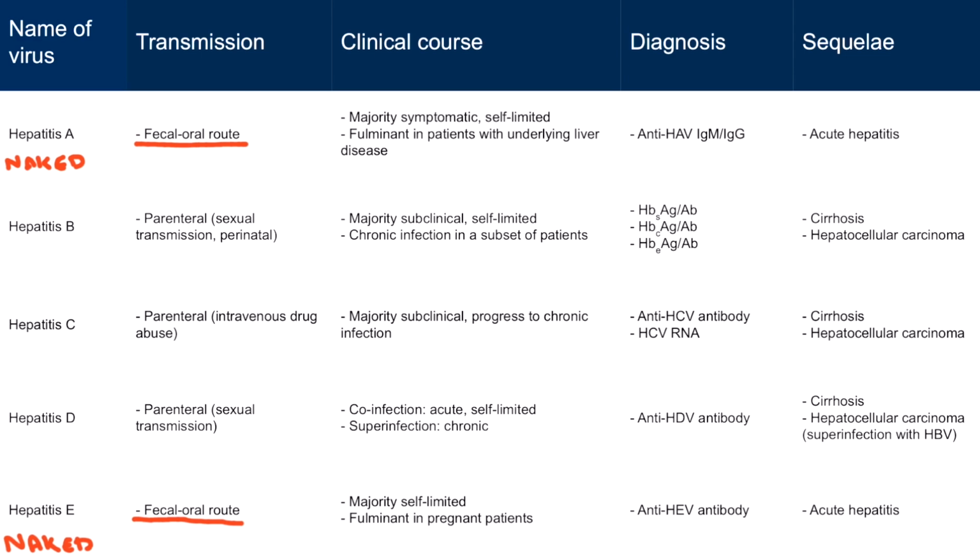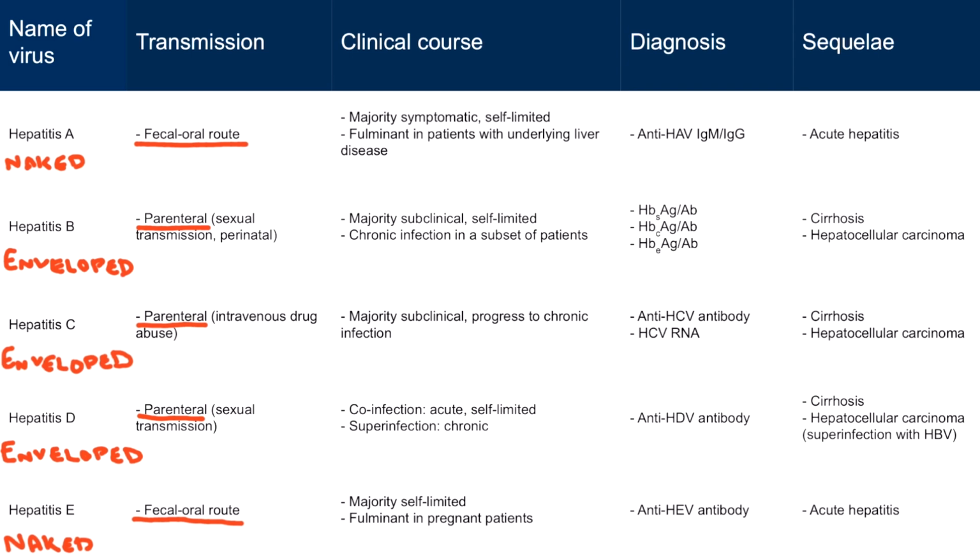viruses A and E. In contrast, enveloped viruses are more easily destroyed by harsh environments, such as gastric acid, which dissolves their lipid bilayer, and generally have to remain in body fluids to be transmitted from person to person. Hepatitis B, C, and D are enveloped viruses, and therefore their predominant mode of transmission is parenteral. You can use the mnemonic 8 to remember the fecal-oral transmission of hepatitis A and E, since eating is related